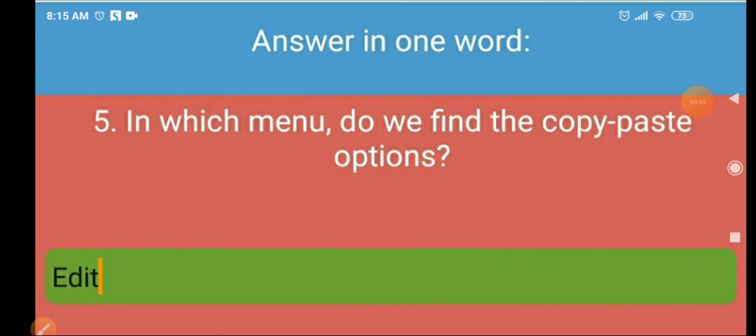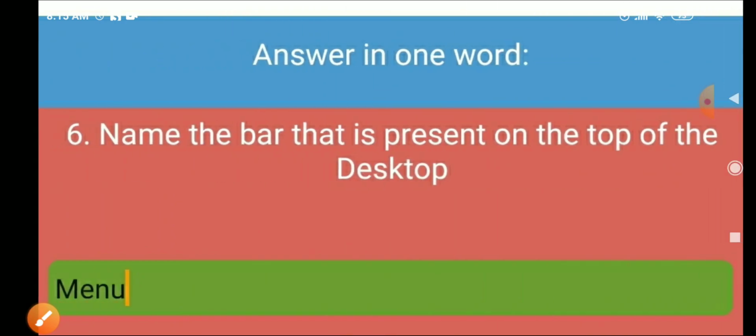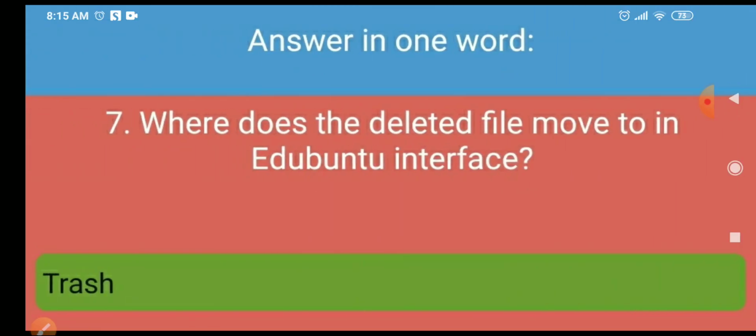In which menu do we find the copy paste option? In the edit option. Name the bar that is present on the top of the desktop. Menu bar. Where does the deleted file move to in the Ubuntu interface? Deleted files move to trash.